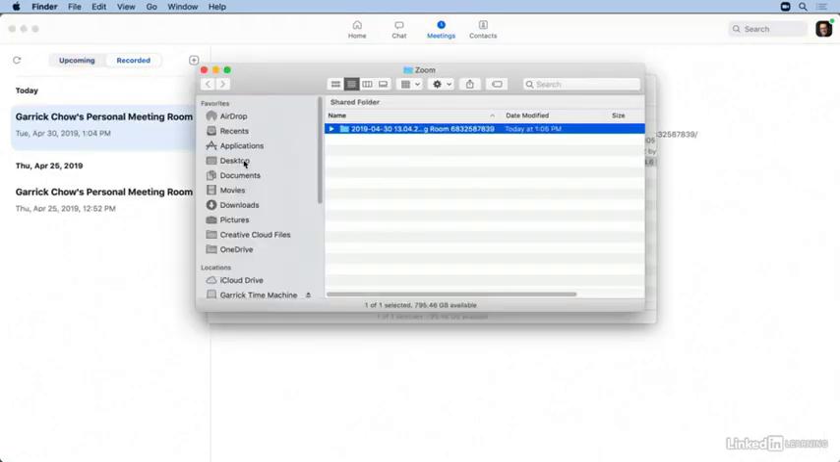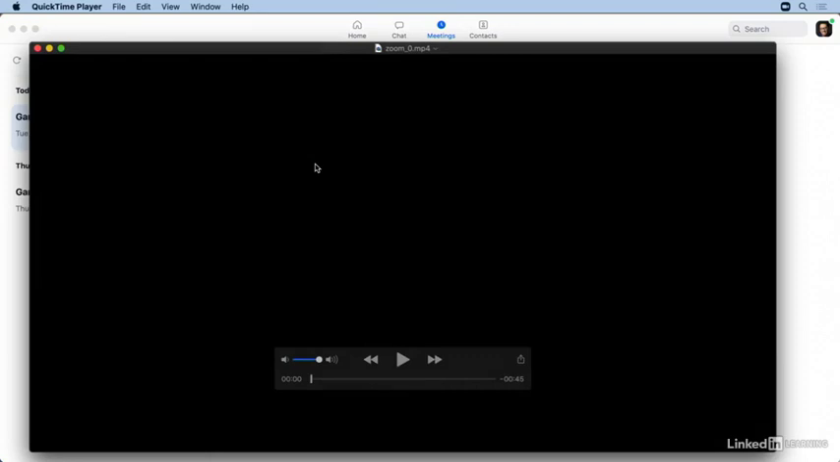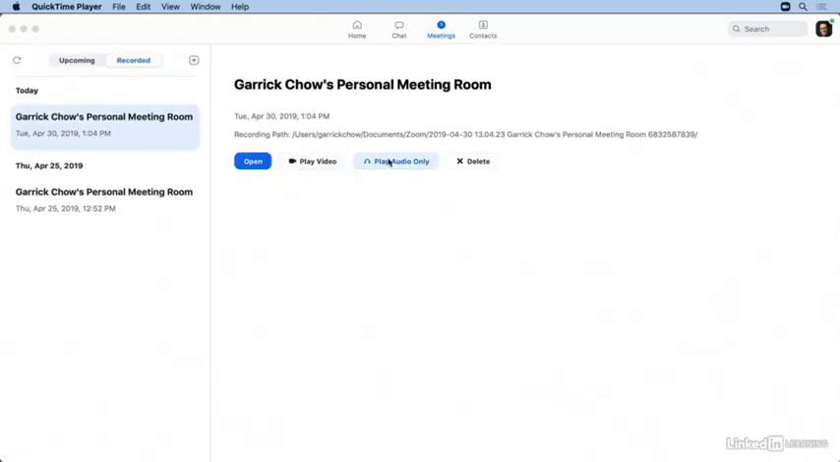I can click Open to open the folder that it's currently contained in. I can play the video. I can play the audio only if I don't need to see the video, or I can delete it. Now, if you saved your meeting to the cloud,